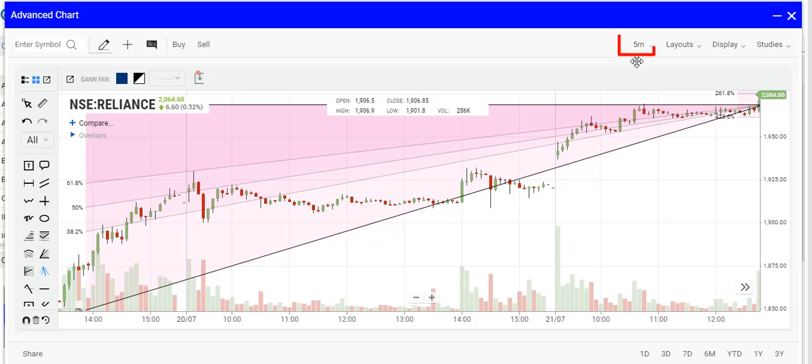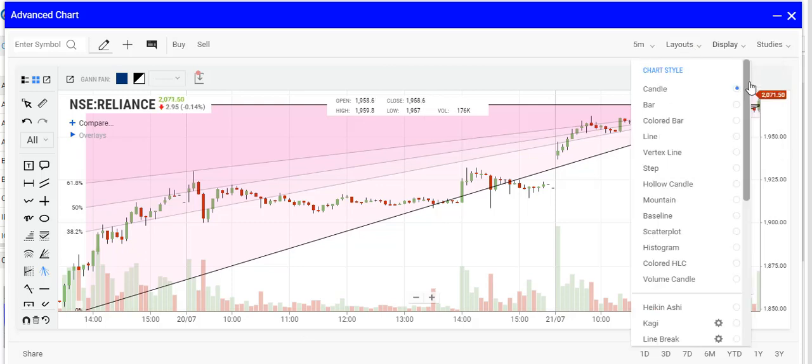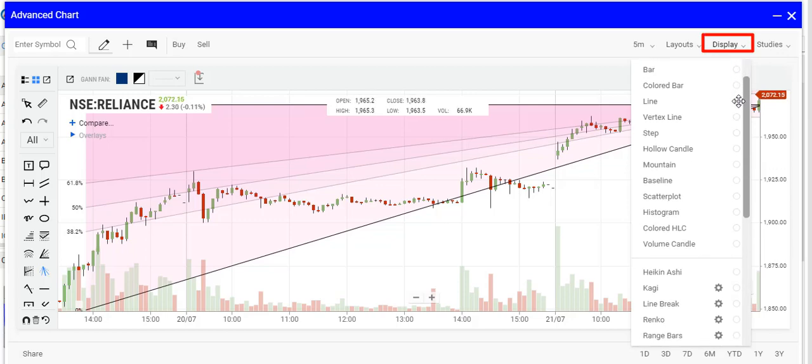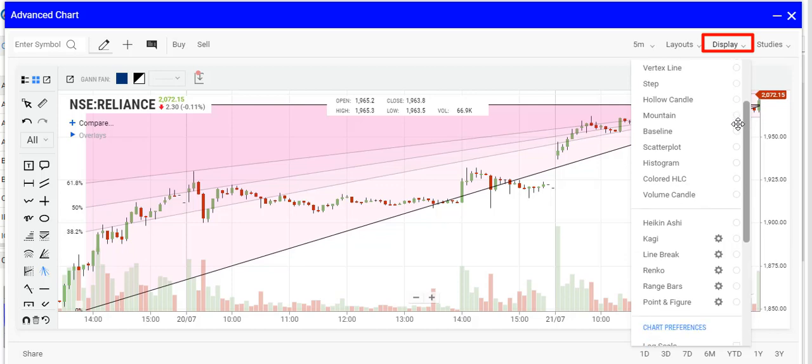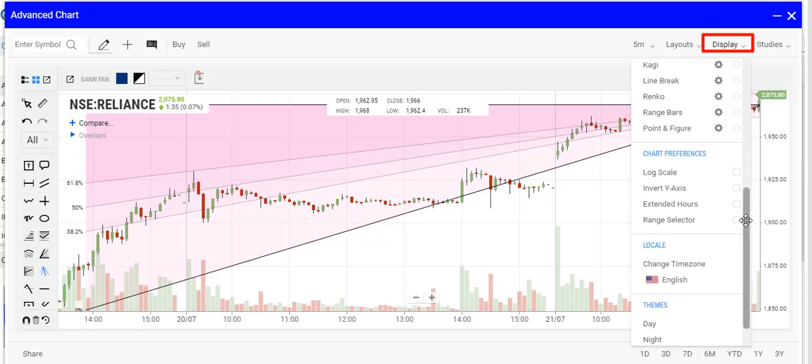On the right side, we have got the time frame changer, layout tab, where our desired set of custom settings are saved and which enables us to switch in between our strategy and layout quickly. The layouts can accommodate different sets of time frames, indicators, studies, and we can switch in between quickly. We will see ahead how we can save. Moving on to the display section, almost all types of chart styles, candles like simple bar, Heiken-Ashi, mountain, histogram, one can choose any of them. The buttons for changing time frame and themes are also given at the bottom of the drop down.